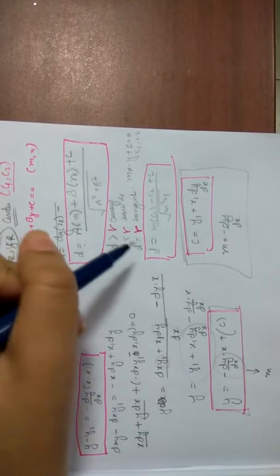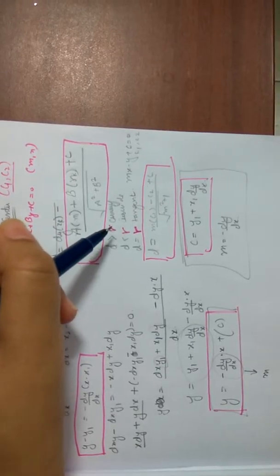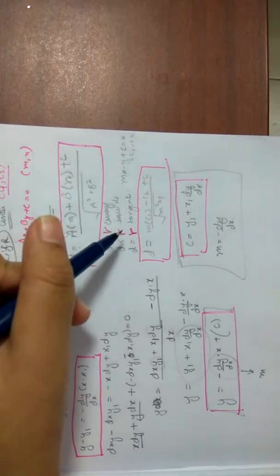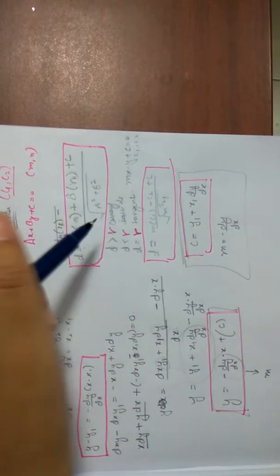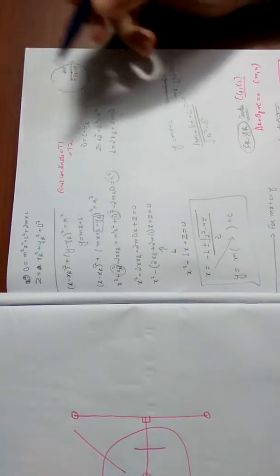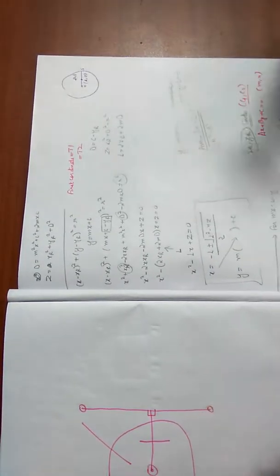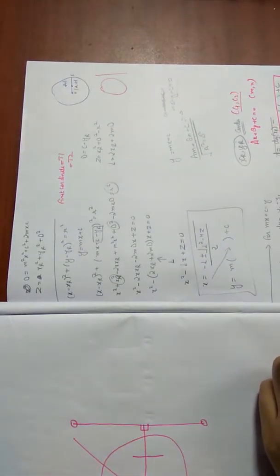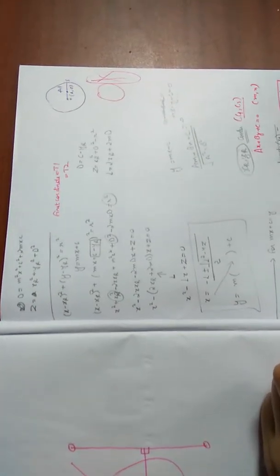Now we'll compare this distance with the radius. If the distance is greater than r, that is the radius, the line is away from the circle. If the distance is less than r, the line is inside the circle, and if it is equal to r, then it's a tangent. As she has explained all the things, if d is greater than r, then we don't bother about that line, and we'll directly not plot that line in our figure, so we'll discard this case. And now for the other case, we need to